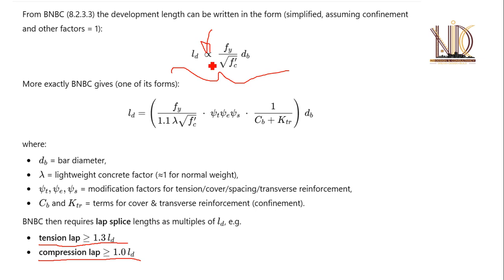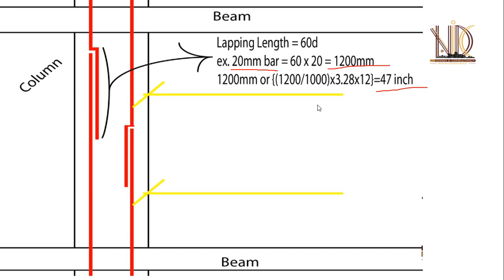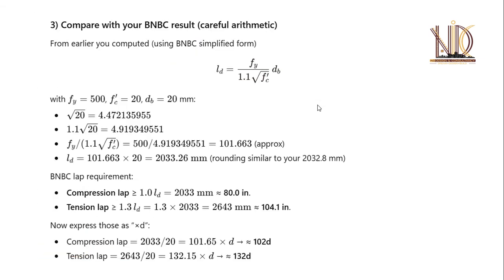If we provide the constant of proportionality, we get this formula. Suppose yield strength is 500 megapascal, concrete strength is 20 megapascal, and bar diameter is 20 mm. If we apply these magnitudes to the formula, we will get